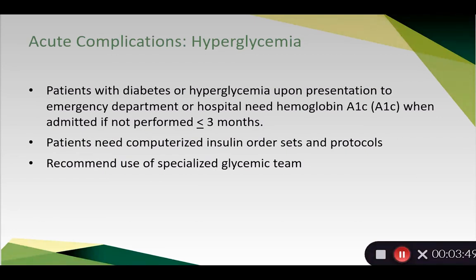They need to have a hemoglobin A1C upon presentation. The reason being is that we want to determine whether the patient has had pre-existing diabetes, if they have hyperglycemia that we note in the emergency department or upon admission, or if it is diabetes that has been poorly controlled. Now, if they haven't had an A1C in the last 3 months, one is indicated if they have diabetes, or